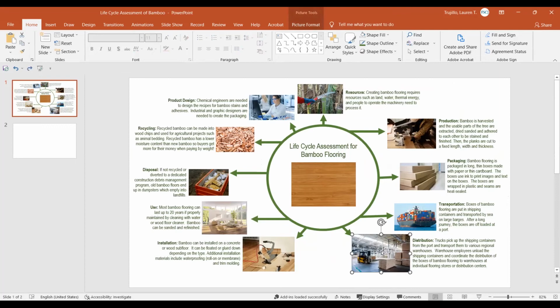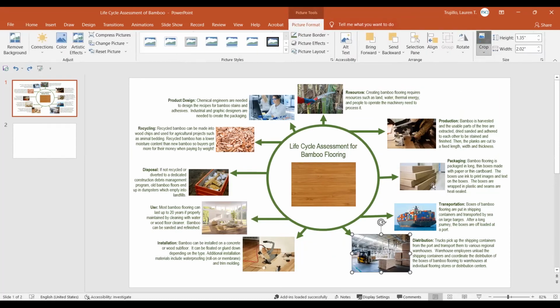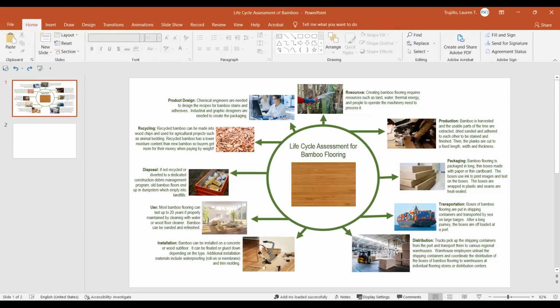We don't want to do that. But we can also format pictures by using the crop command as well. We want to make sure when we place these pictures in that we have adjusted the size, they're very close to, if not touching the arrow, and that these images are aligned both with the phase in the life cycle assessment and with the text box that gives information about it.